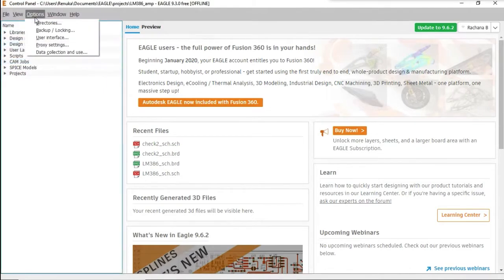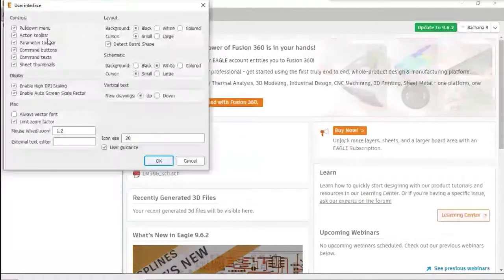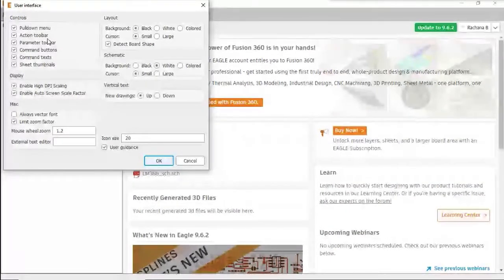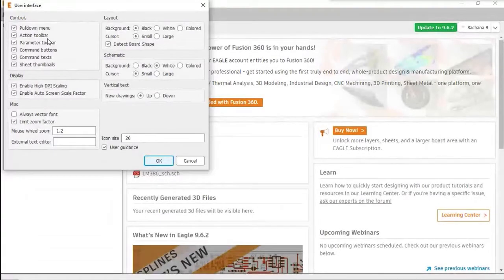Then next we have user interface. From here, the editor windows for layers, for schematic diagram, and for library can be adjusted to your preference. For example, by default the background of the layout is black and the cursor is small.